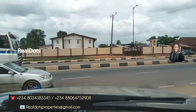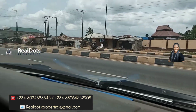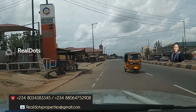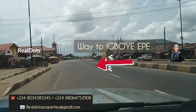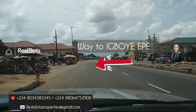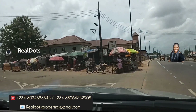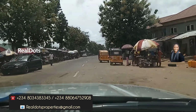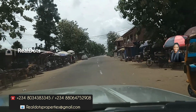So let's get some gas, and we are done getting our gas. So we are going to turn back and move towards the way to Igboye. We are turning left right now. So we are still moving down to Igboye Epe, where we have Lush Luxury 3, our newest estate, just by